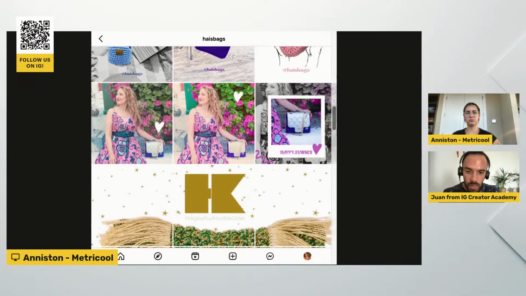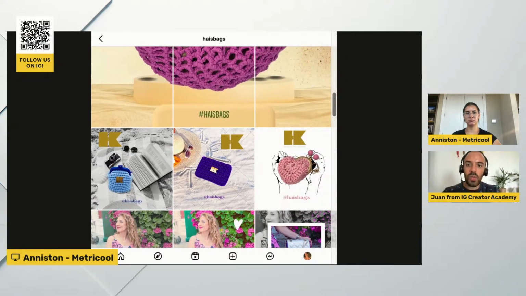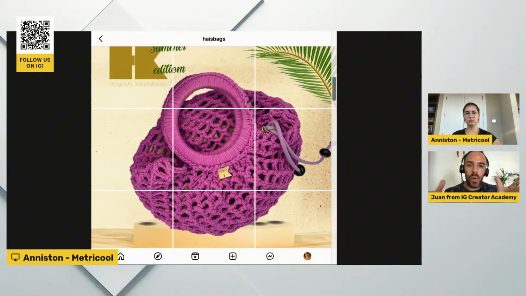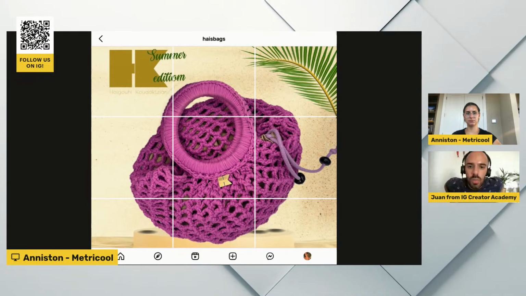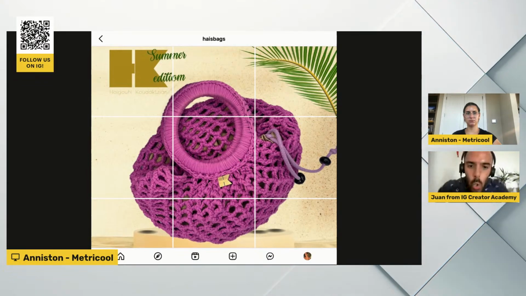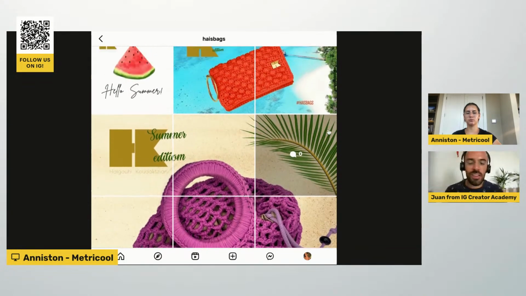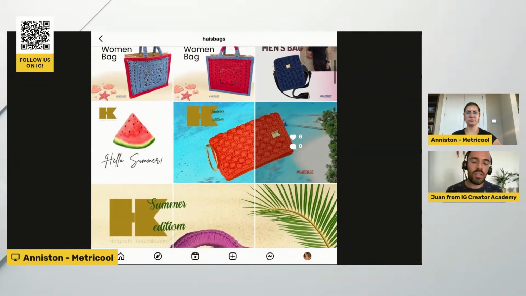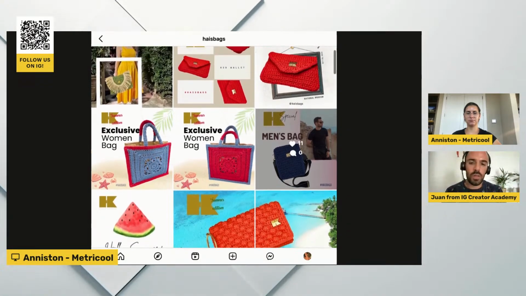These kinds of grids below, don't do them. You know, those grids where you break one post into nine posts? That's a waste of content, to be honest, because when someone sees the corner below, it doesn't add anything. They're not going to engage with it. They're not going to share it. So I would not suggest you do those grids that break one post into multiple.